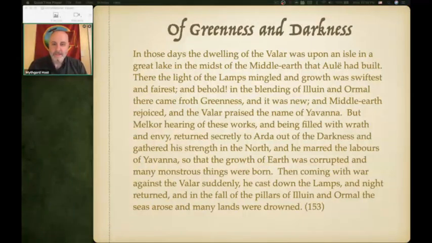And so he sets himself in both wrath and envy. The twisting of things into desolation and corruption is the natural outflow of that wrath and envy. We see it dramatized here